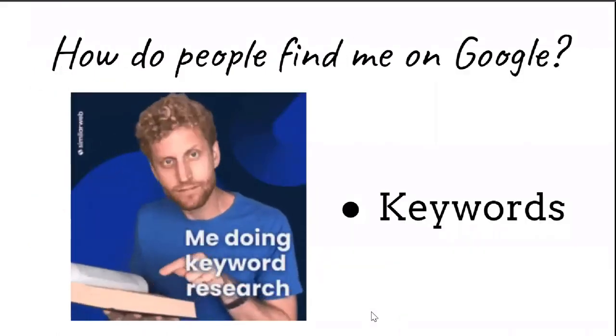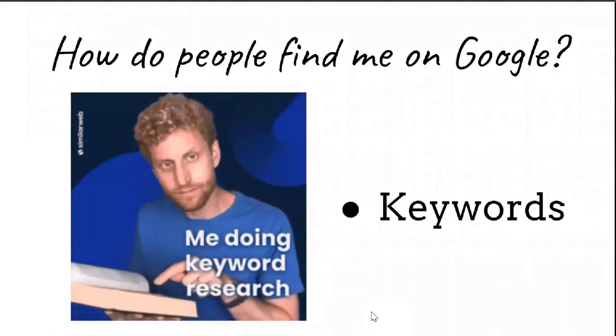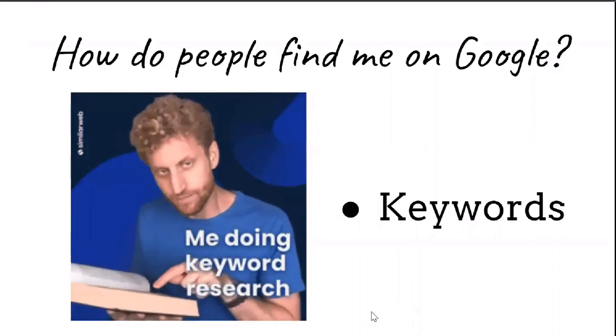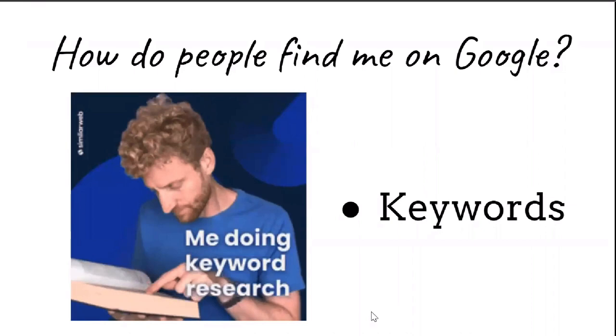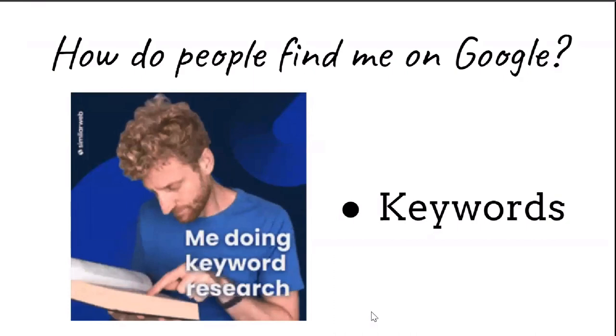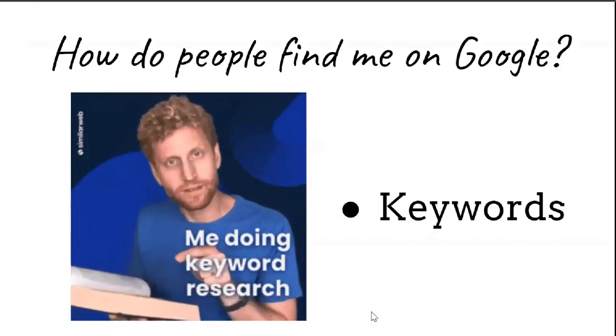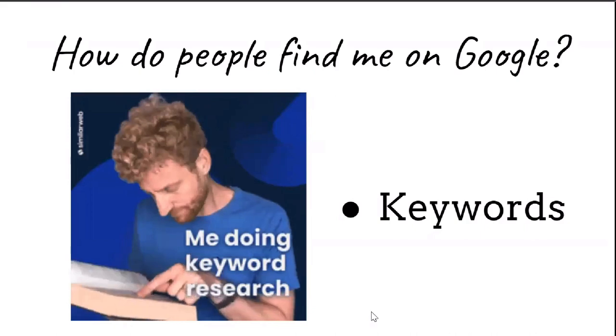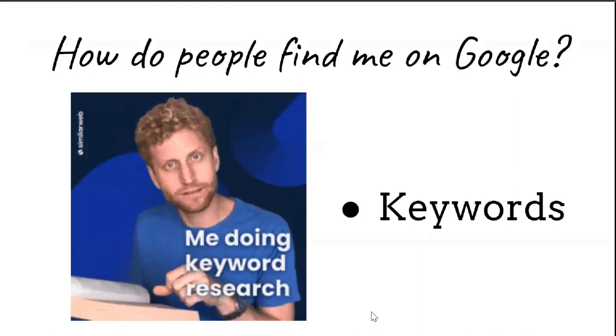So, how do people find me on Google? That's the big question. The biggest way people find you on Google is keywords. Keywords are words, or more commonly, groupings of terms that internet users enter into a search engine while looking for something on the internet. When you say Google it, you simply mean type those keywords into Google and see what comes up. Keyword search and finding the proper keywords for their industry is something that many authors struggle with. But the goal here isn't to cram in a bunch of keywords that feel appropriate to you, but to dive in and uncover keywords that matter.